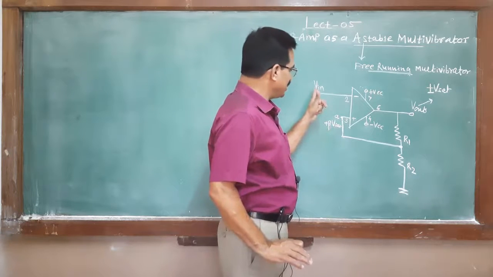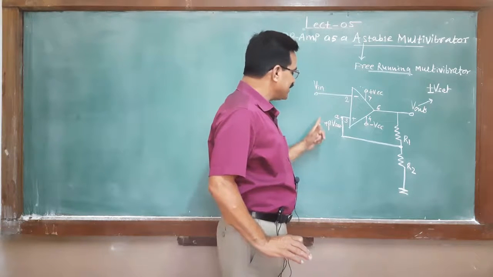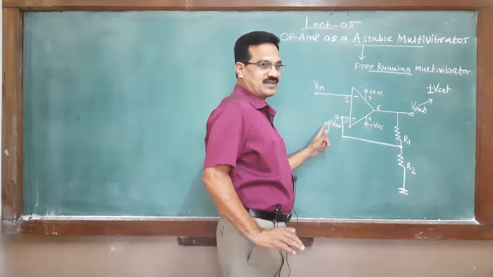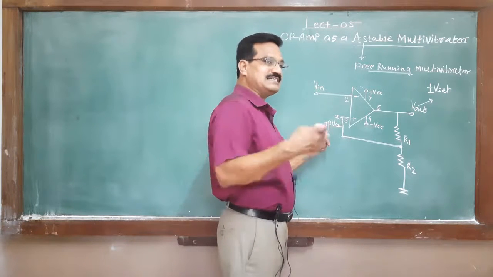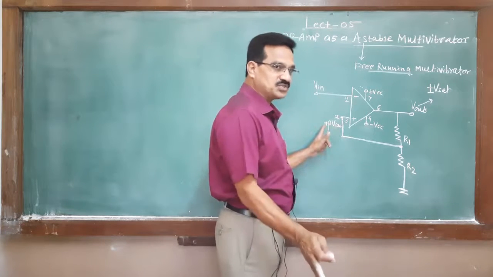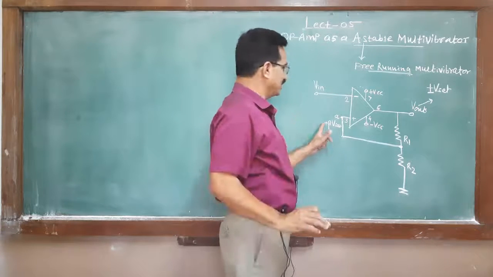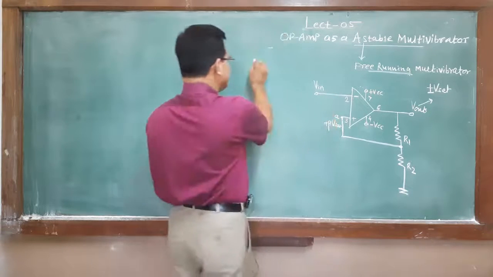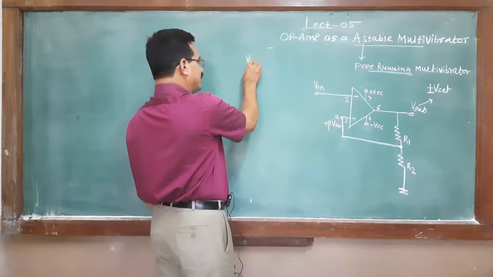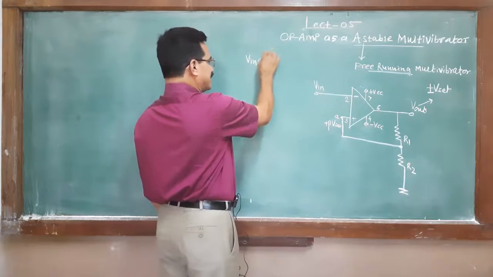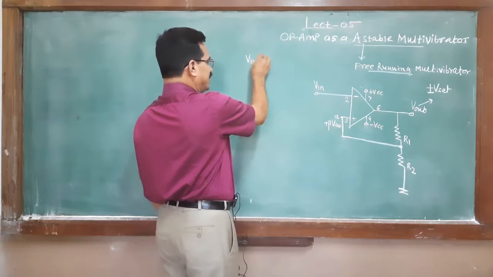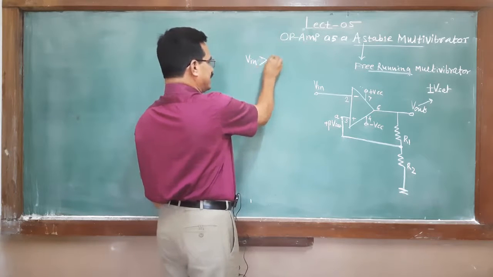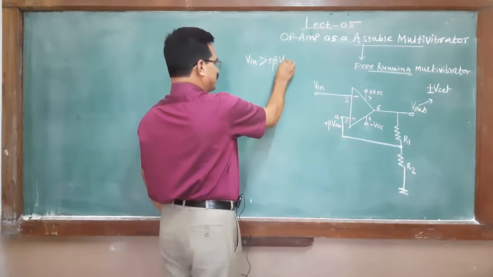And when this input is less than this, at that time it changes the state from negative saturation to positive saturation. How will you write the condition? When the V in is greater than beta V saturation,